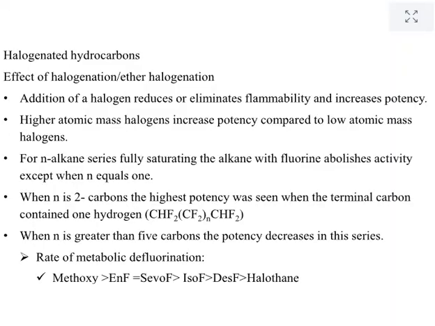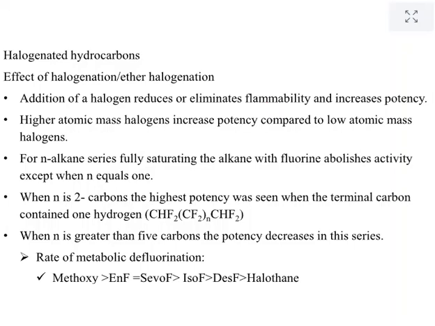Then from there we go to the halogenated hydrocarbons. We have seen in the non-halogenated hydrocarbons only cyclopropane, which was found worthwhile. Then the effect of halogenation of the hydrocarbon or ether. As we have seen, these compounds will have fluorine, chlorine, and even bromine. Some of them, like halothane, have bromine, and therefore there must be a reason. We will see that the addition of halogens reduces flammability and also increases potency, and